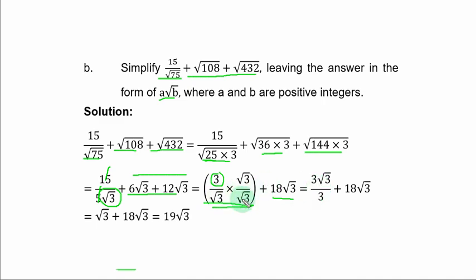Now root 3 times root 3 is 3. So 3 cancels 3. So you have root 3 plus 18 root 3, and that is 19 root 3. Now in the form a root b, you can say that a is equal to 19 and b is equal to 3. If you were asked to find the value of a and